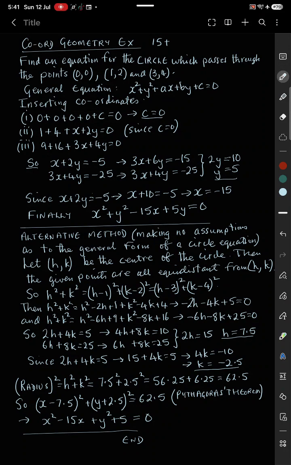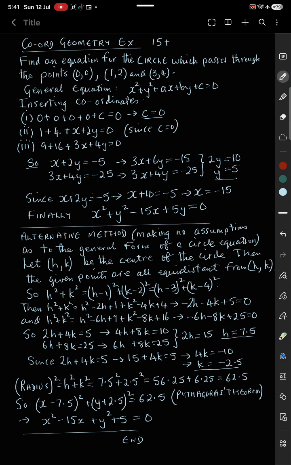Hello, here's an exercise in coordinate geometry suitable for years 15 and above. We're going to find an equation for the circle which passes through the points (0, 0), (1, 2), and (3, 4). So we assume the general equation is of the form x squared plus y squared plus ax plus by